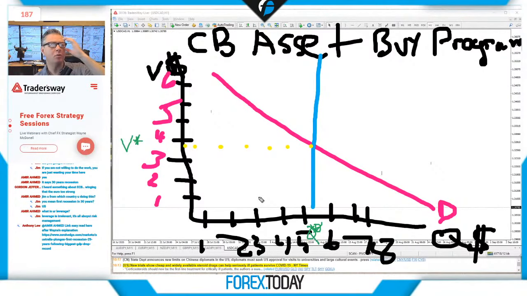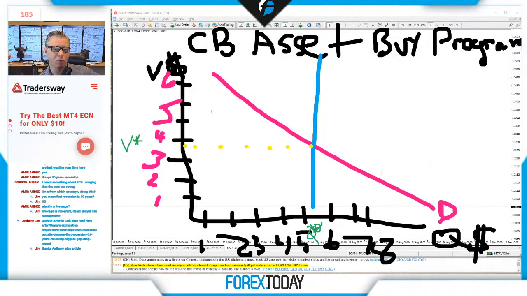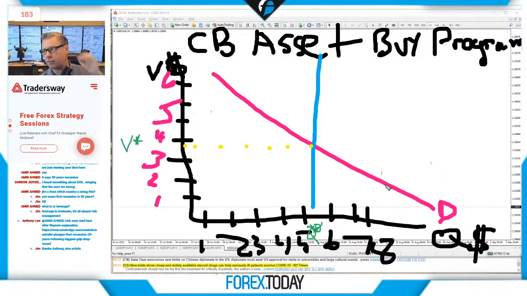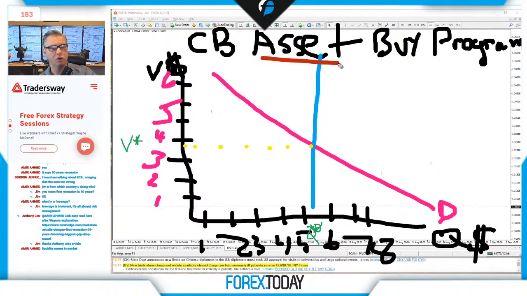All right, so now what we're talking about is what happens when the central bank buys some assets. You get it? So what the central bank does is they create some money. They actually go onto a computer. They don't print money. That's what the Treasury does. Whether it's the Fed or the ECB or somebody else, Bank of Japan, it could be the Central Bank of Peru, okay? What they do is they create some money and they shift, okay, the quantity of money. Think about it. They create some money to buy the asset. The asset goes on the balance sheet,